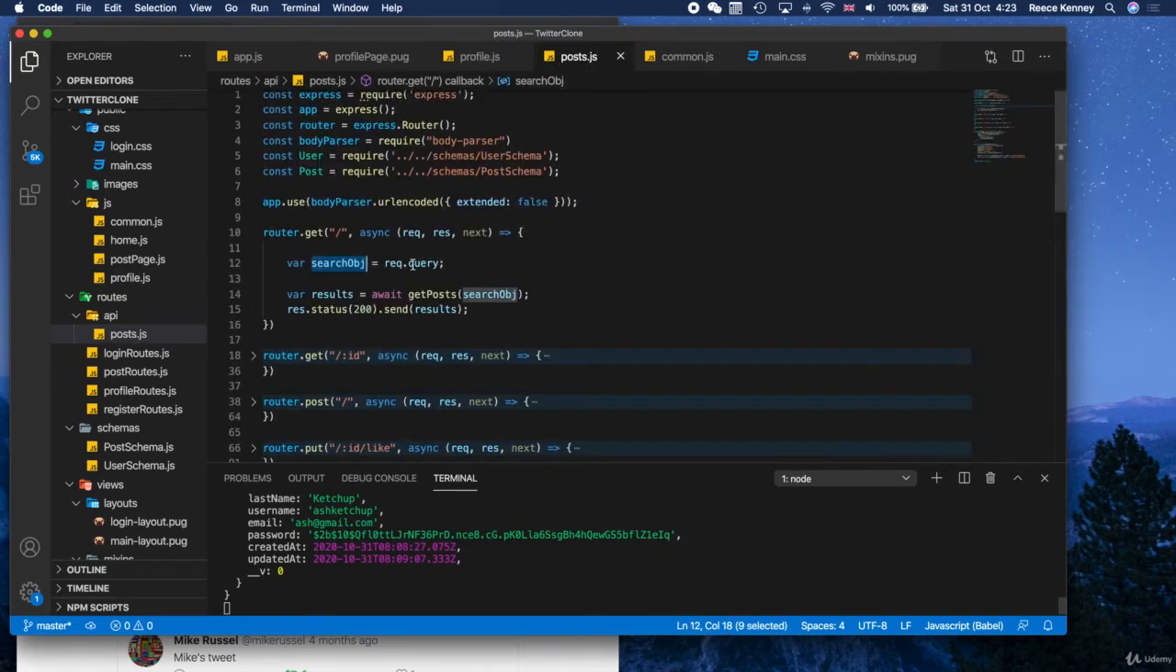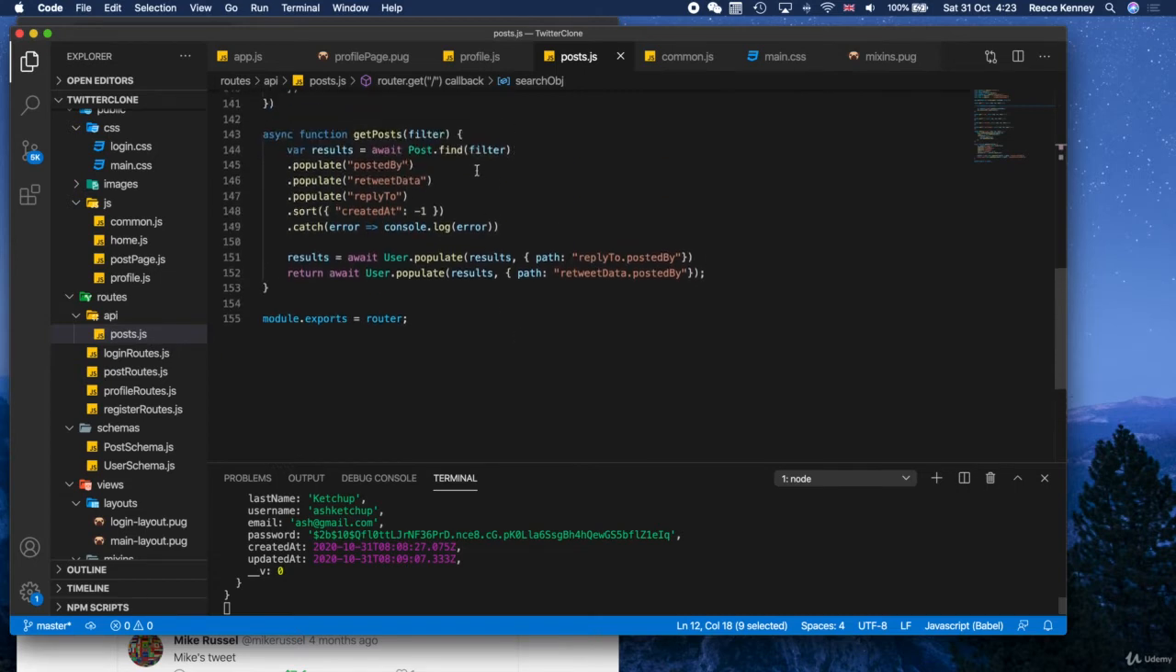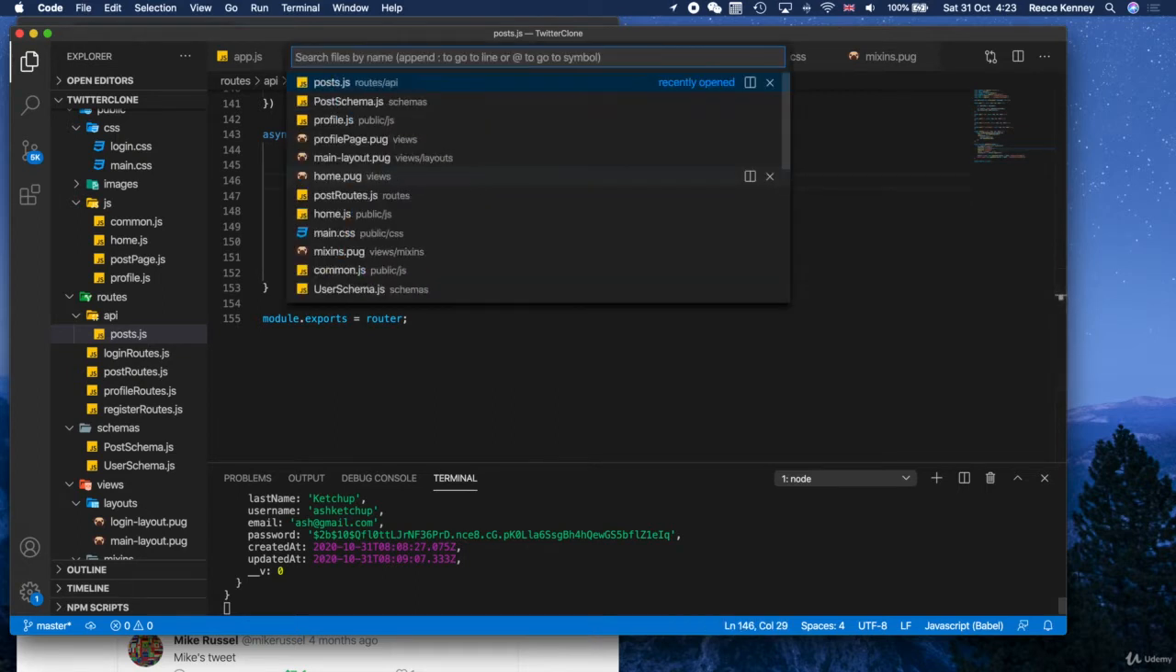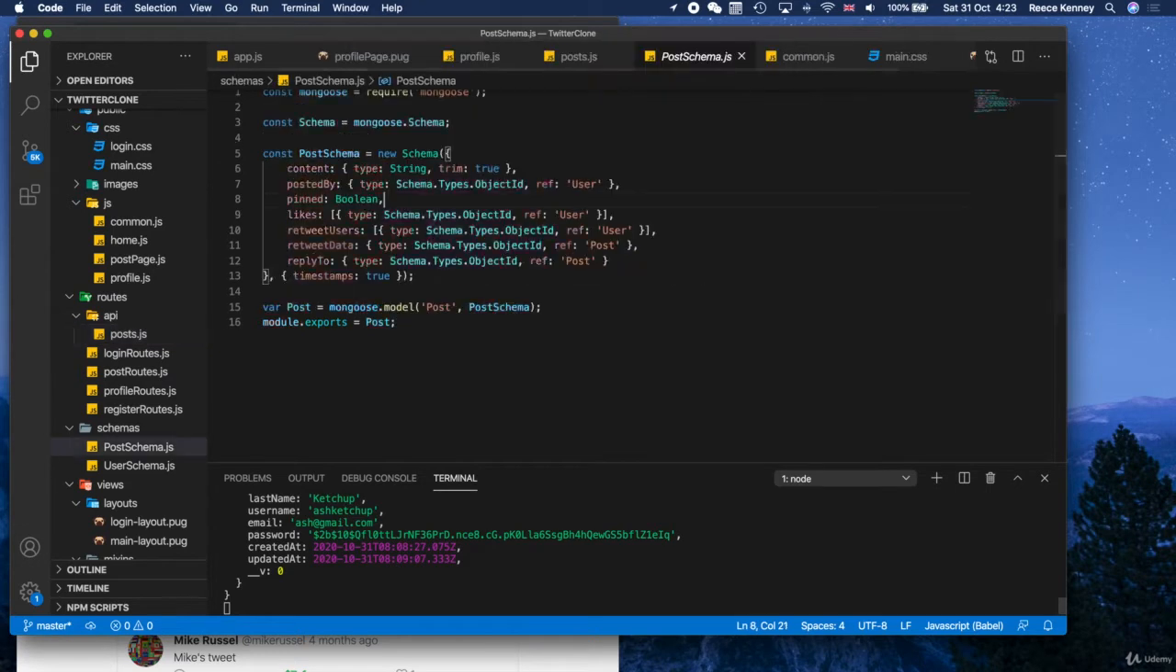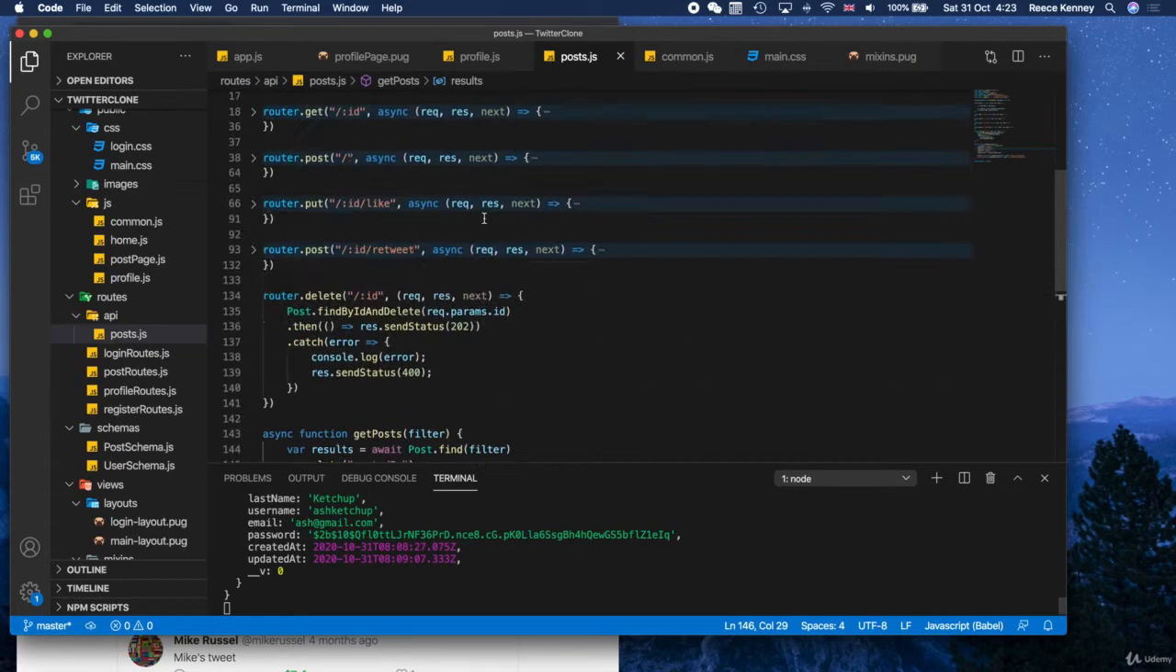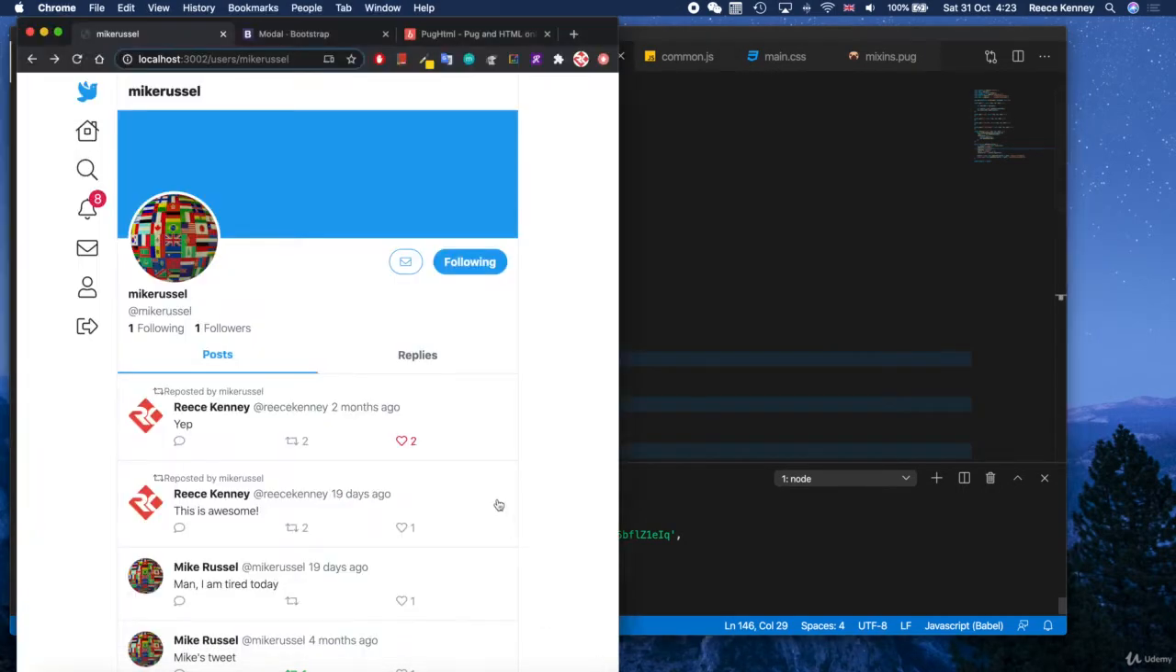Now we don't want to pass in the isReply field in there because we can't filter with that. It'll get down to here and it'll try and filter and find a post where isReply is false. But of course, if you look in the post schema, there's no isReply field here. There's only a replyTo part. We don't have an isReply value, so that won't be any good for us. In fact, just to show you, if I refresh the page, I think it'll